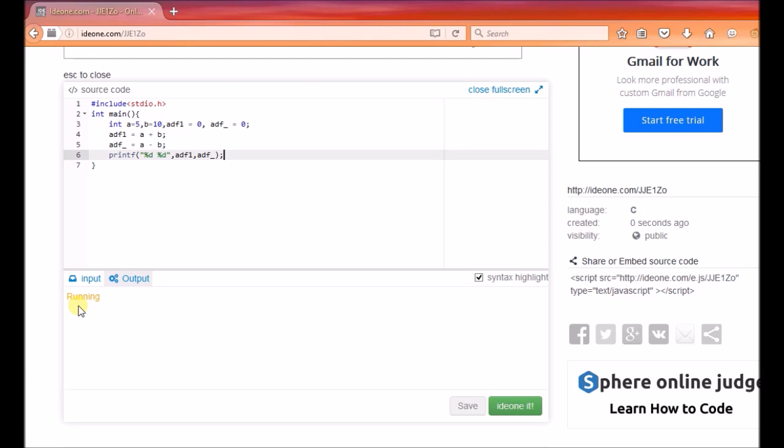It's running. See, the answer of a plus b is 15, and the answer of a minus b is minus 5. This int is the keyword which states that all these variables that I have declared will be integer types. So a plus b is stored in ADF1, a minus b is stored in ADF underscore, and when